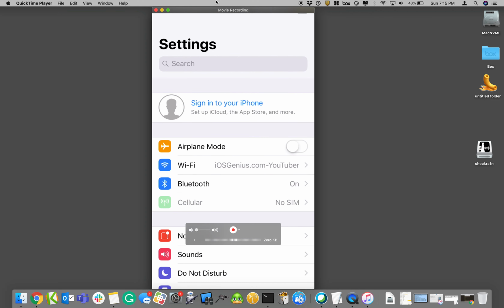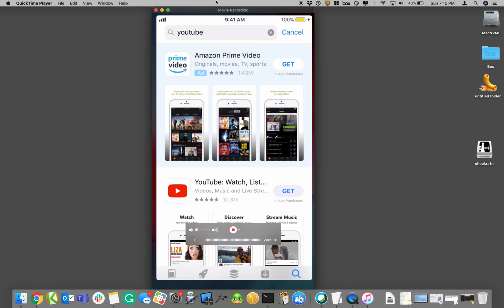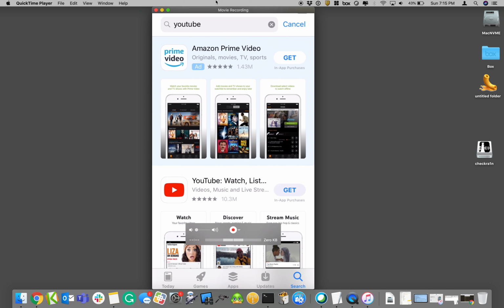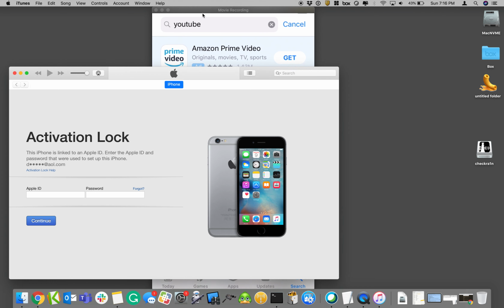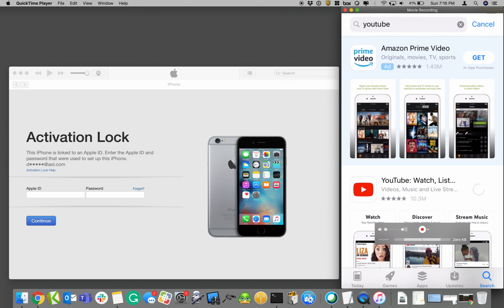Great. The problem is if you go to your App Store, say YouTube, I was going to try to download, hit Get, and it just spins. I was stuck on this for a good 4 or 5 minutes, and then it goes back to Get. So you can't download apps. Basically, it bypassed the iCloud for you to get into your device, except that specific iPhone that you're connected with is still locked. It's still activation locked. So if you wanted to put in your SIM card, it's not going to work because it disables the SIM card,